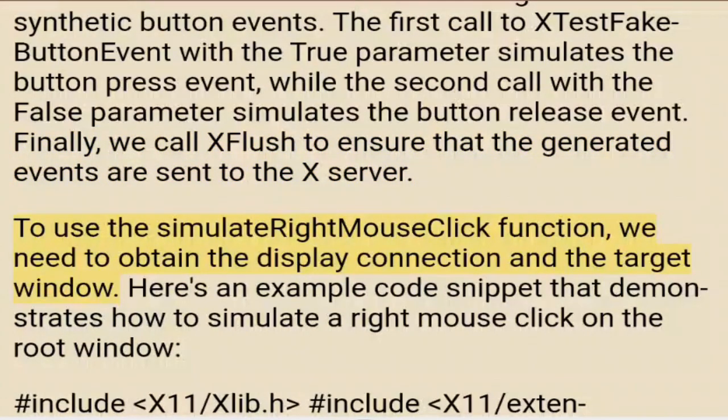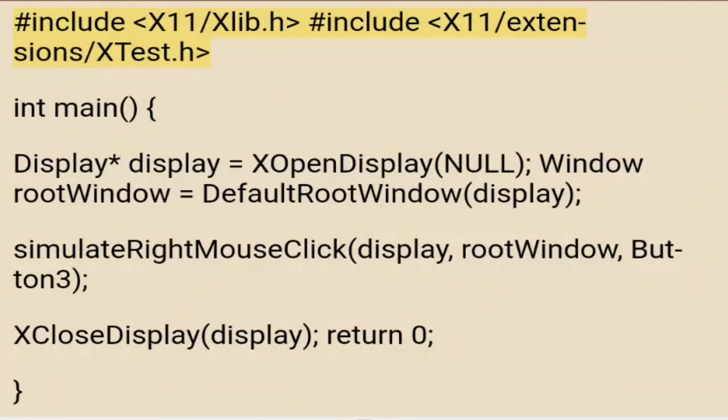To use the simulate_right_mouse_click function, we need to obtain the display connection and the target window. Here's an example code snippet that demonstrates how to simulate a right mouse click on the root window. #include <X11/Xlib.h> #include <X11/extensions/XTest.h> int main()